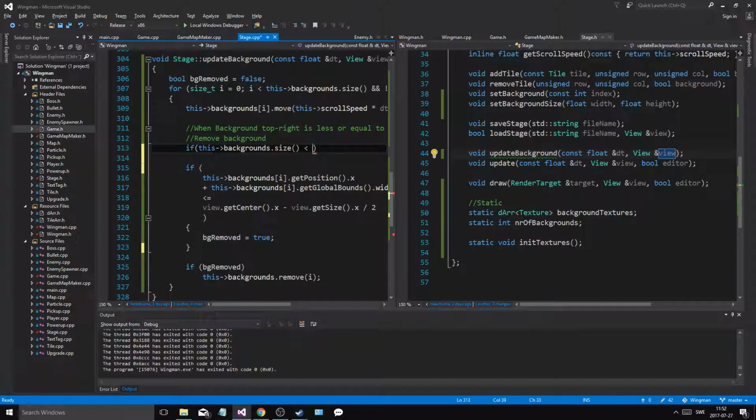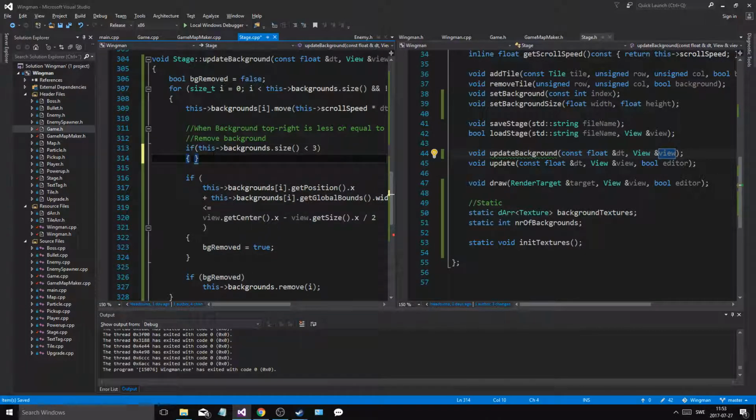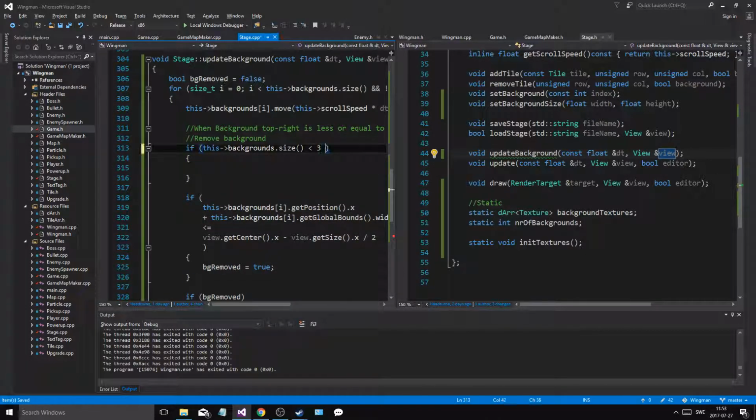We can have 1, 2, and 3. We can have 3 backgrounds at the same time. 3 is less than 3, then okay,